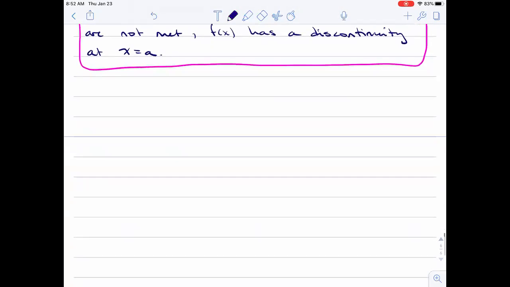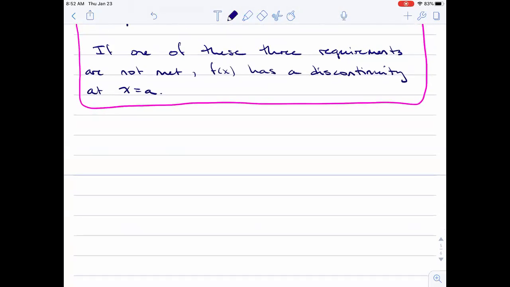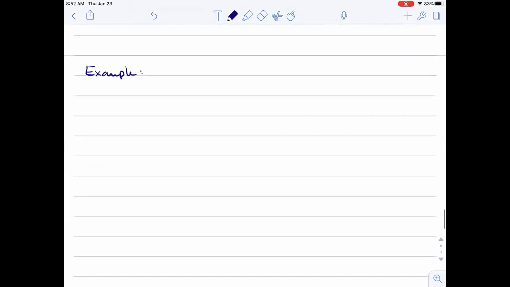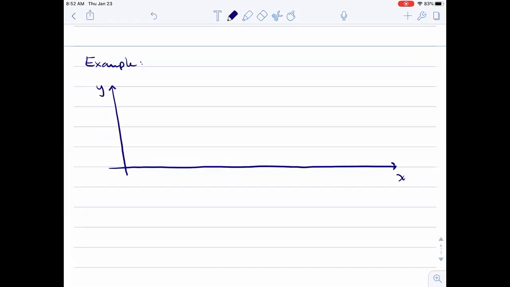I'll start on a new page here. An example. Let's see if I can draw this out again here. So we've got x, we've got some y, and we're just going to look at all the different types of discontinuities, right? Because there's different types of discontinuity. So if we've got some curve here,